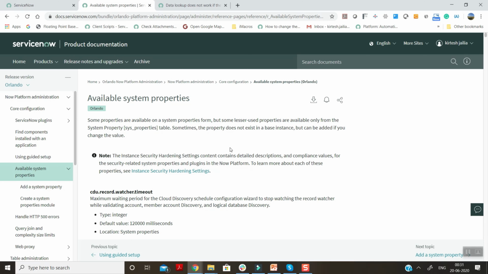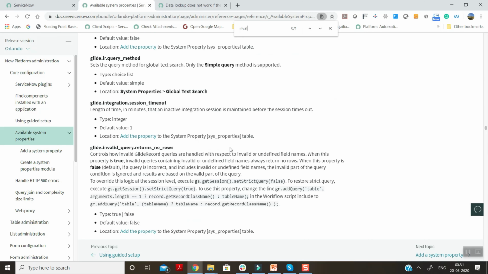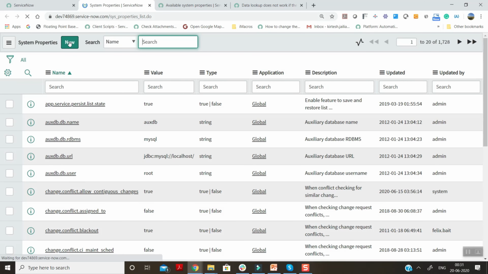If you go to the system properties in ServiceNow and search for invalid, here you can see this is the property. This is the property which we have to make in the sys_properties.list.